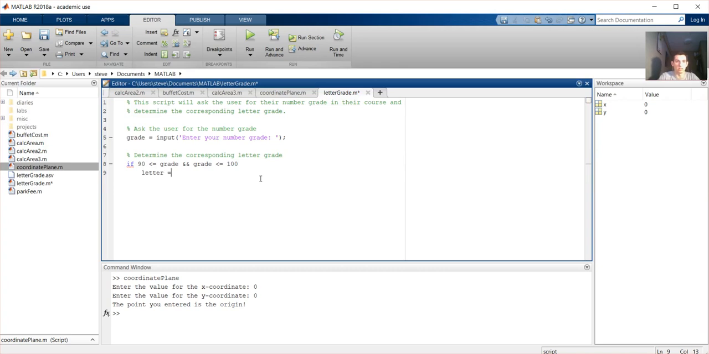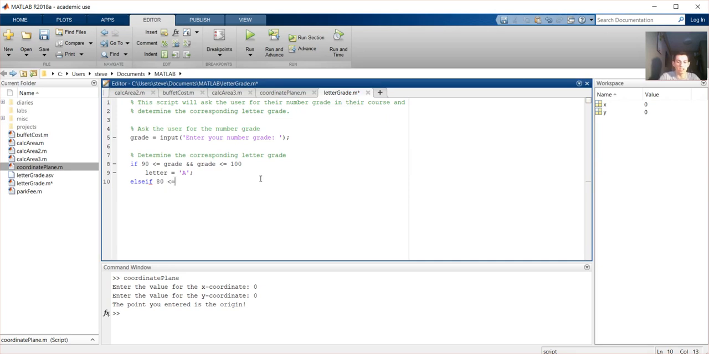So I will say letter equals A. I'm just going to make it a character. And I can say else if, and I can kind of do the same thing. If 80 is less than or equal to grade, and grade is less than or equal to, we can't use less than or equal to in this case, because if it's equal to 90, then it's going to be an A. So in this case, we're just going to say if grade is less than 90,